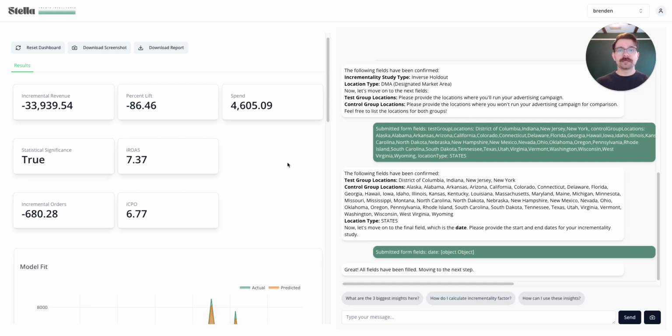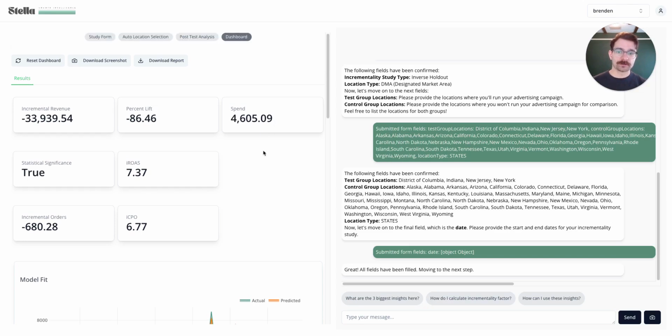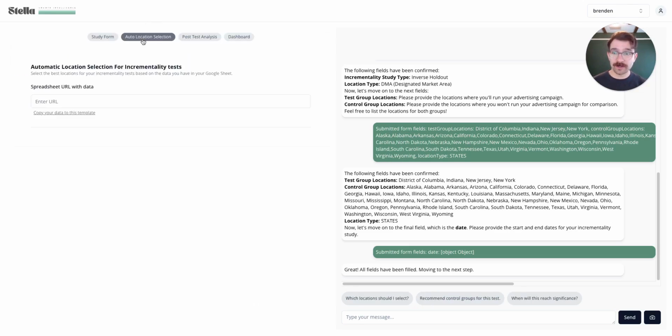This is negative because it's an inverse holdout, and I've explained that a couple times in the video, because we're looking for a negative impact. Because we turned ads off, we wanted to see incremental revenue decrease in those states, because if it stayed the same, that would mean the ads had no impact, and if it increased, it would mean ads are actually hurting efficiency. So we held back $4,600 in spend, which I believe is actually pretty spot on to what